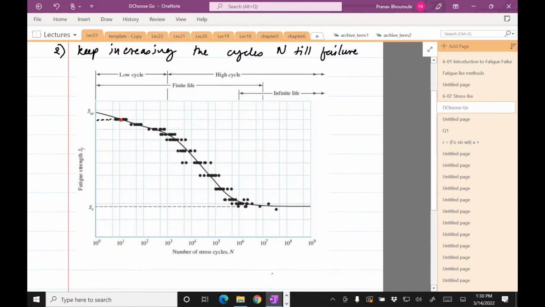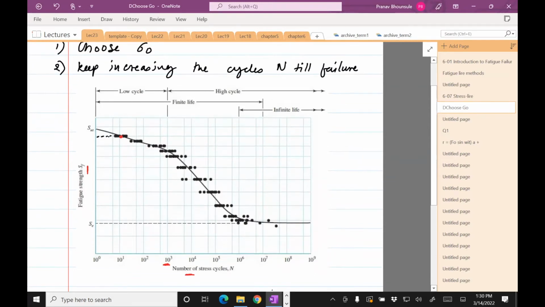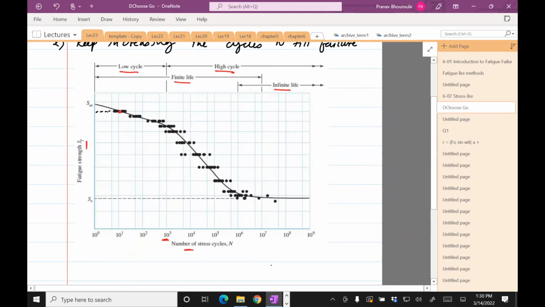What we can see here is that there are these regions. On the y-axis is the stress, the x-axis is the cycles, and what you see is there are like three regions: low cycle fatigue, high cycle fatigue, and within high cycle fatigue, there's finite life and there's infinite life. Okay, what this means is this: when the stress is high